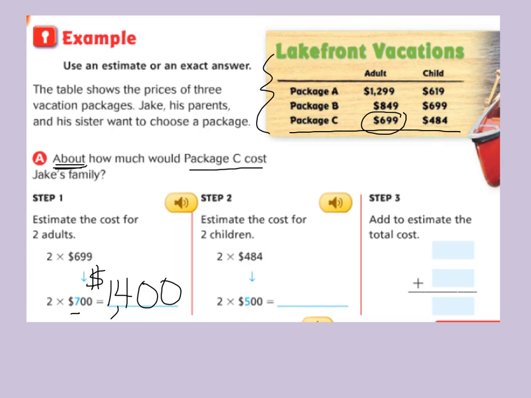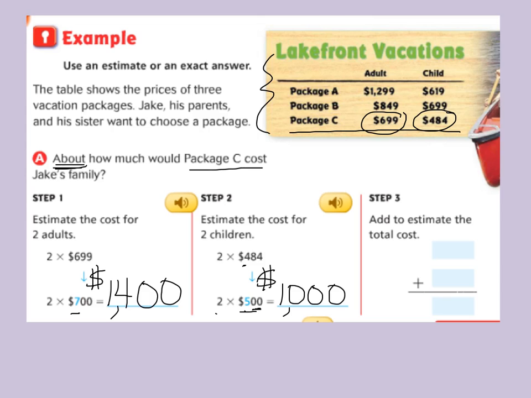And then for the children, that would be Jake and his sister. We've got 2 times 484. Again, we're going to round. We're going to look at the hundreds place, and we'll have to round it up to 500. 2 times 5 is my basic fact. That's 10. But I was multiplying by hundreds, so I have 2 more zeros. So estimated price for the 2 children are